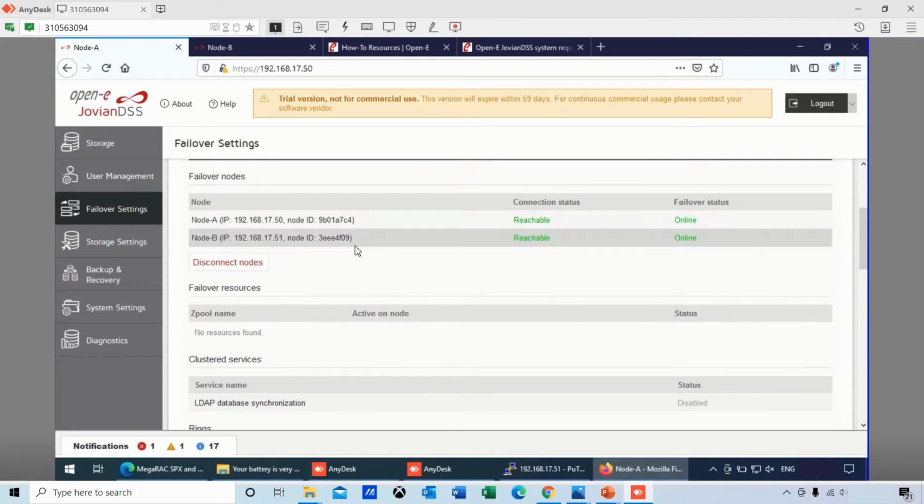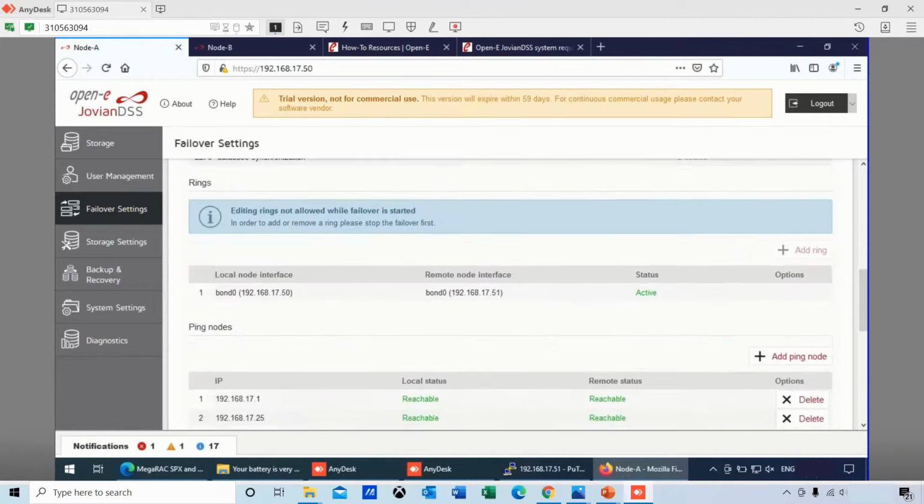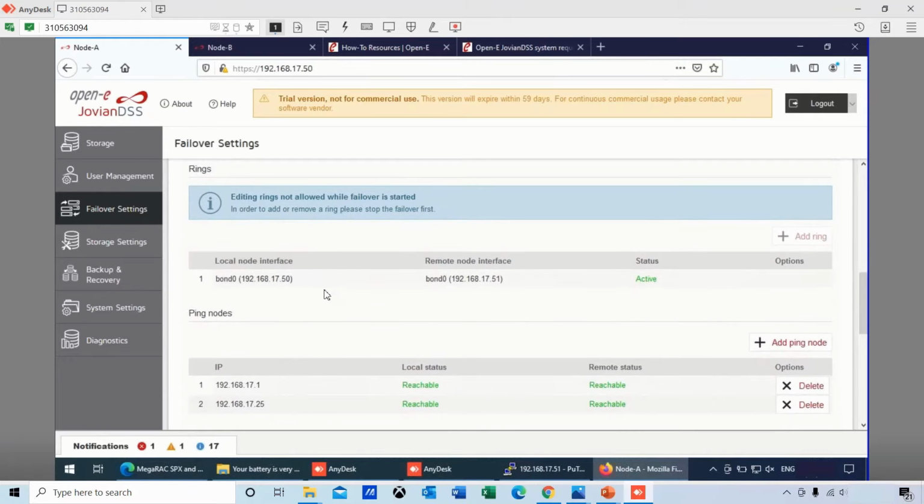We do also recommend you can add what's called a ring path. I can use another dedicated NIC that will be part of the ring path, in case my main ring, as you see on my bond, breaks. That doesn't have to be a bonded interface. My secondary ring path can just be a single interface, as long as they're talking to each other.